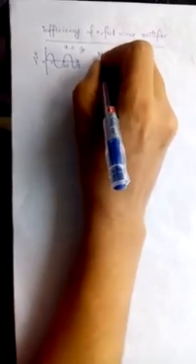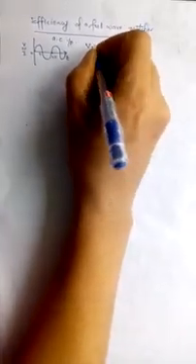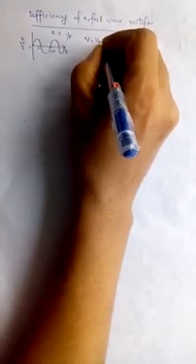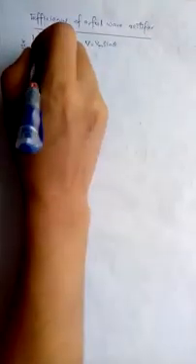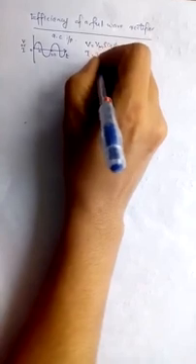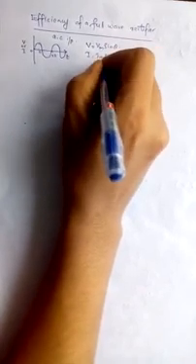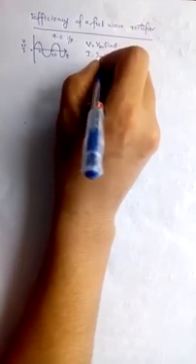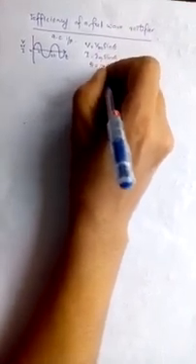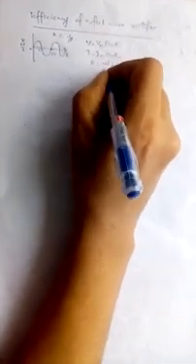negative half cycle. Since it is a sine wave, an alternating current or voltage can be expressed as a sinusoidal wave, and the expression for the voltage will be like this: V is equal to Vm sin theta, where Vm is the maximum value of the voltage. In the case of a wave we call it the amplitude of the wave. Then the current I is equal to Im sin theta, and Im is also the maximum value of current. And this theta you can write as omega t, where omega is equal to 2 pi f. Omega is known as the angular frequency and f is known as the linear frequency.